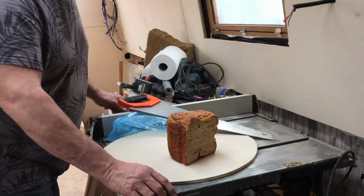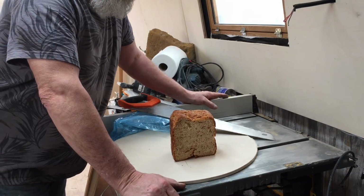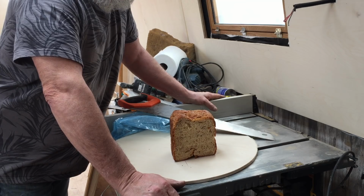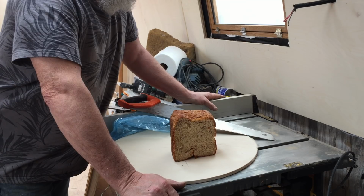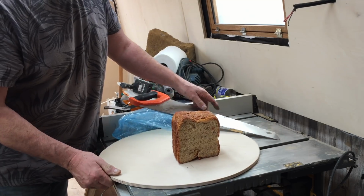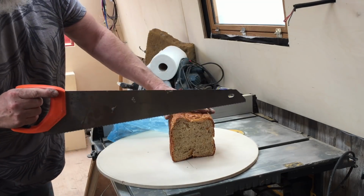Yes, good morning. Sunday morning, and yes, it's a loaf of bread. And this loaf of bread's special because it was made by Cindy's friend Tracy, who baked it specially to bring up for us so we could have it over the weekend. So because it's a special loaf, I've put it onto this lovely wooden platter, which is obviously the cutout from one of the portholes, and I'm going to do the bread slicing demonstration with the saw again,